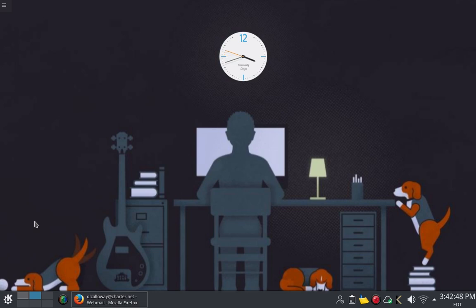Today I want to talk about a new email client that I've been testing, been working with, and it looks like it's a keeper. It's called Claws Mail, and I'm running version 3.13.2. I'm on my Black Lab Enterprise Linux system here, and I've got Claws Mail installed, and I'll show you